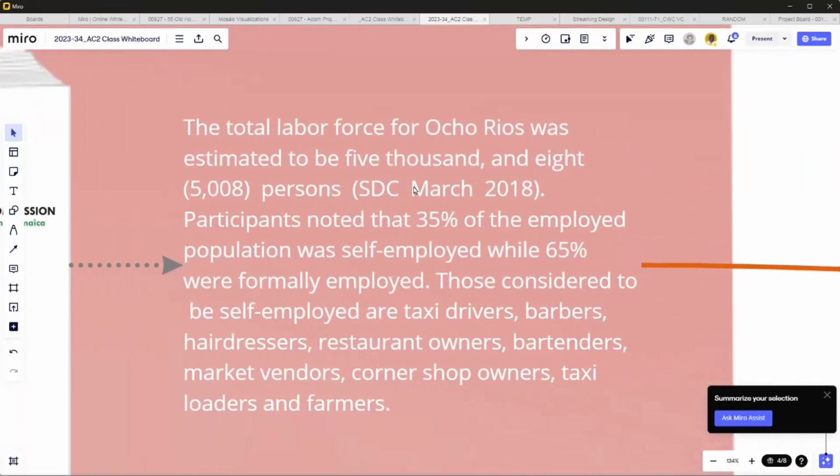The total labor force for Ocho Rios was estimated to be 5,008 persons, right? This was done in March 2018. We noted that 35% of the employed population was self-employed, while 65% were formally employed. Those considered to be self-employed are taxi drivers, barbers, hairdressers, restaurant owners, etc. I mean, that's useful information to help you decide certain decisions for your design, but how do you